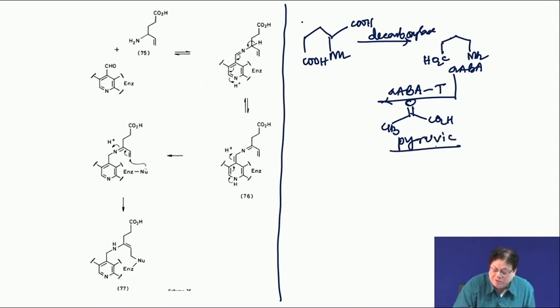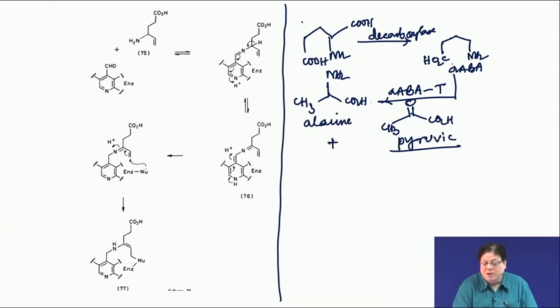Any transaminase will have two components, one is an alpha keto acid, another is the amino acid. It is not necessarily an alpha amino acid, here it is a gamma aminobutyric acid. So, what will be the reaction? The keto acid will be converted into what? NH2, CO2H. So, this is nothing but alanine, and what will happen to the GABA? That will be CO2H and then, instead of NH2, you will have a carbonyl.